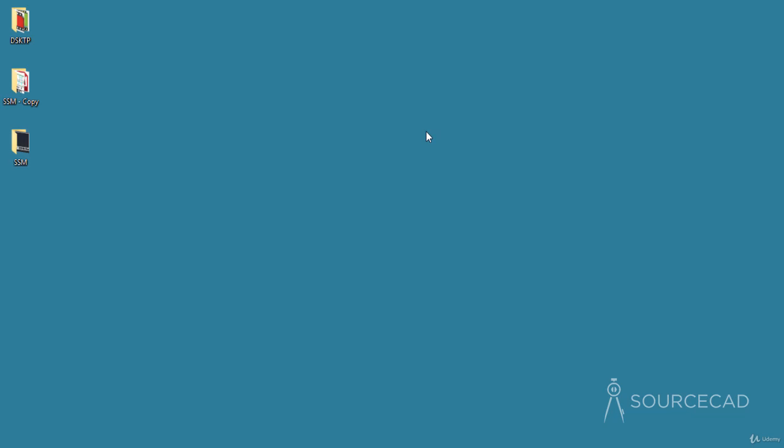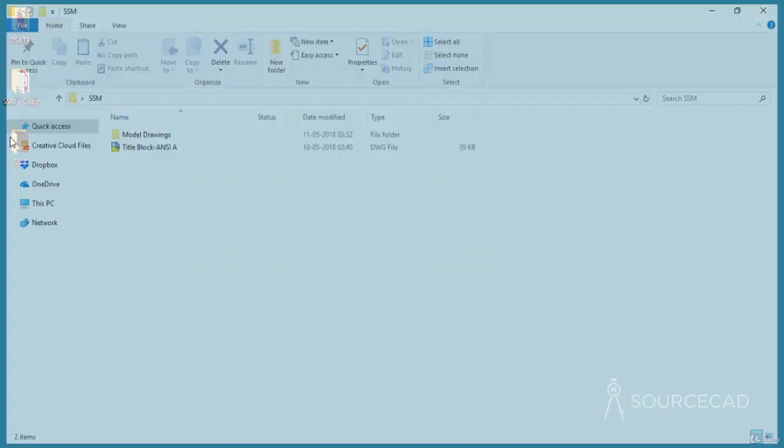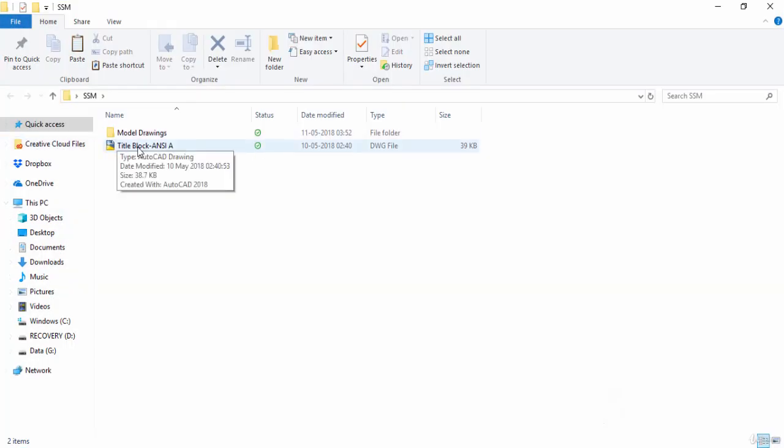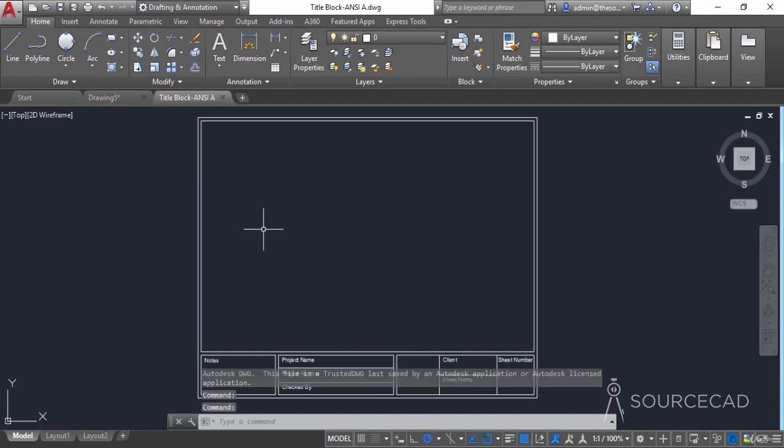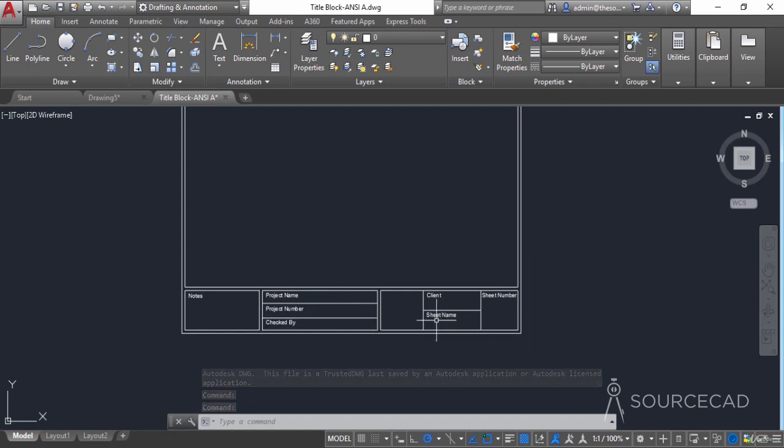Okay, so now we have created all the views in our model drawings. Let's go and create the title block. For that, I'll go to this SSM folder, and here you'll see this title block NCA drawing. Let's open this one. Now here I have already created a blank title block with no information right now, and